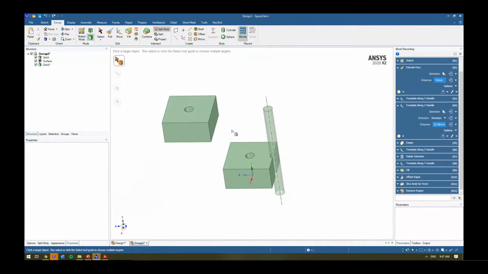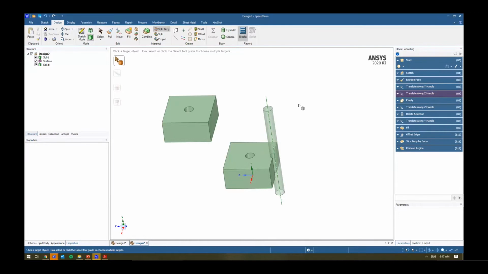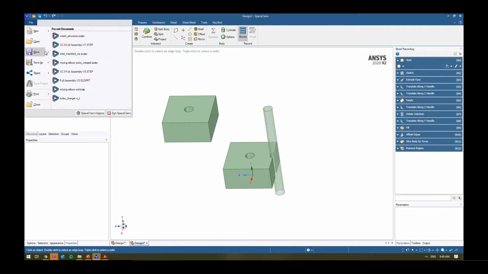And again, you'll notice everything I'm doing is being recorded, right? The block method is just a way that we can record what we're doing over here if we want to make parametric changes to the geometry. Cool. All right. So now that we've seen how we can create some geometry with Inside Mechanical, the next thing